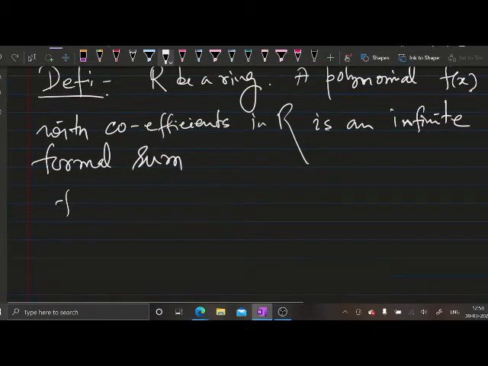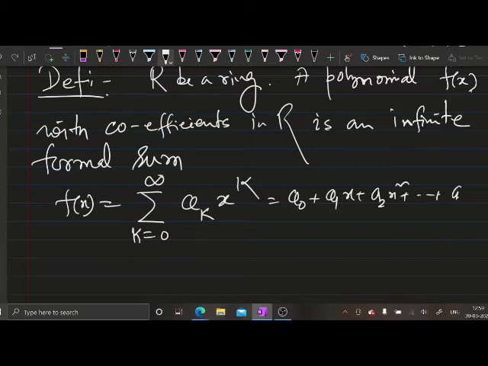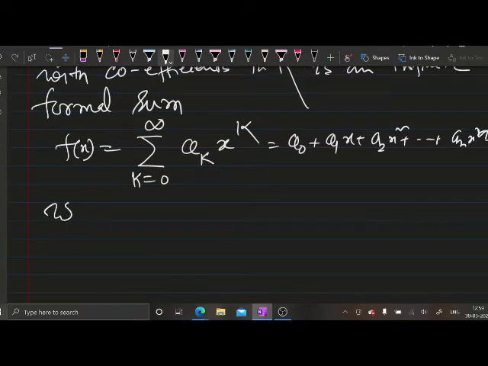That means f(x) will be the summation of k equal to 0 to infinity ak x to the power k. That means a0 plus a1x plus a2x square plus an x to the power n plus so on, where these ak's have been taken from the ring R